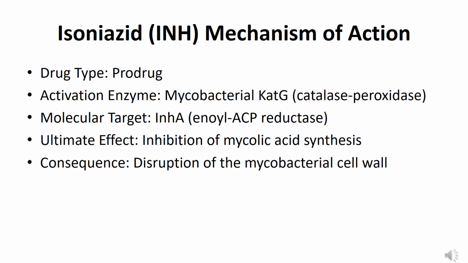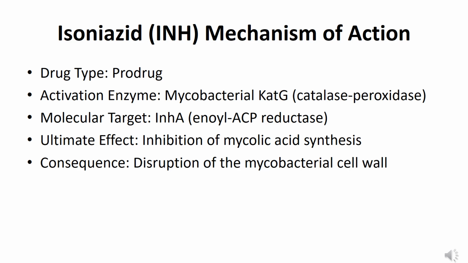This is a devastating blow to the organism. The cell wall becomes weakened and unstable. Its protective barrier begins to fail. The bacterium becomes increasingly vulnerable to damage and ultimately dies. In simple terms, Isoniazid attacks the tuberculosis bacterium at its structural foundation. Instead of directly destroying the organism from the outside, it prevents the bacterium from building the protective wall it needs